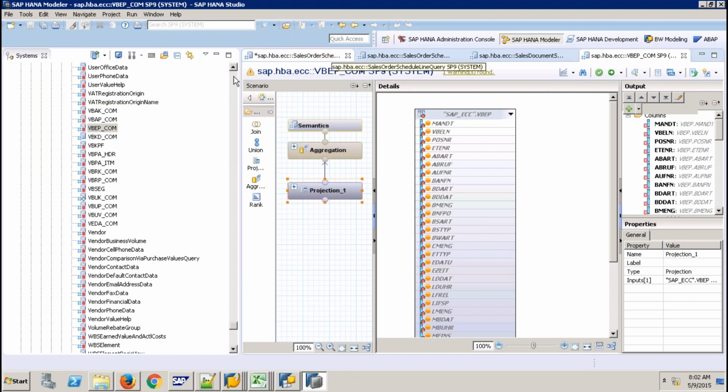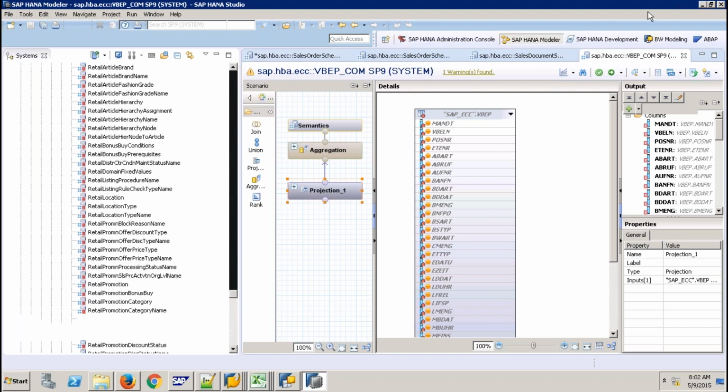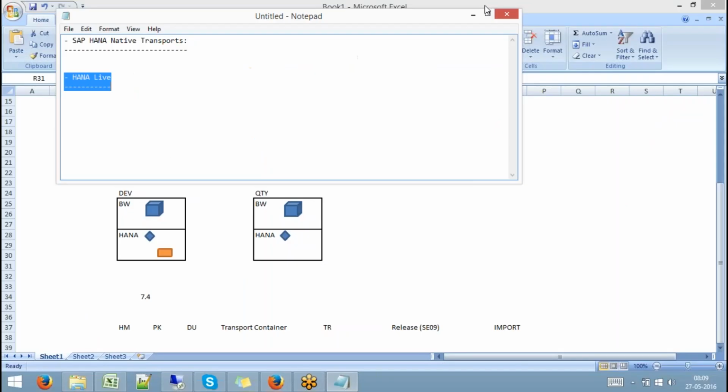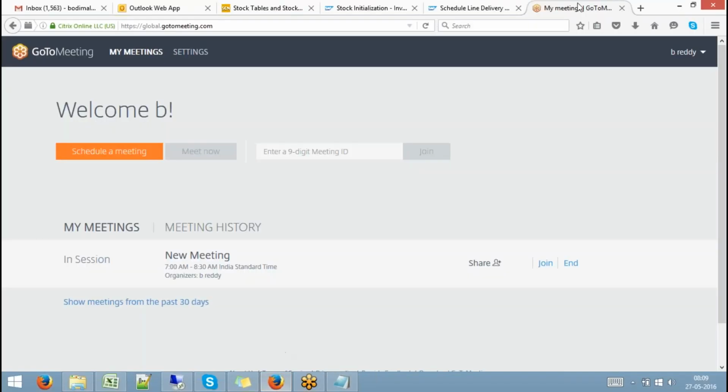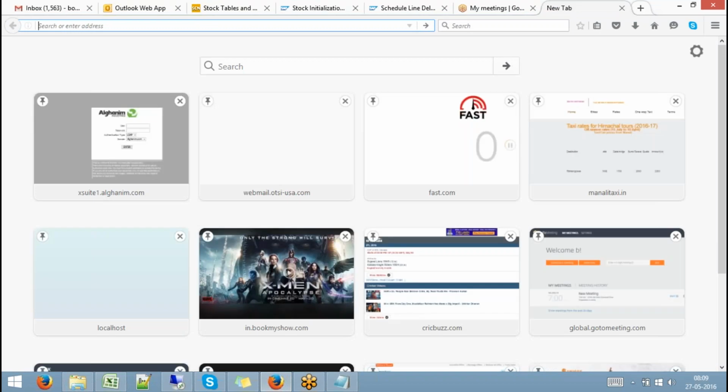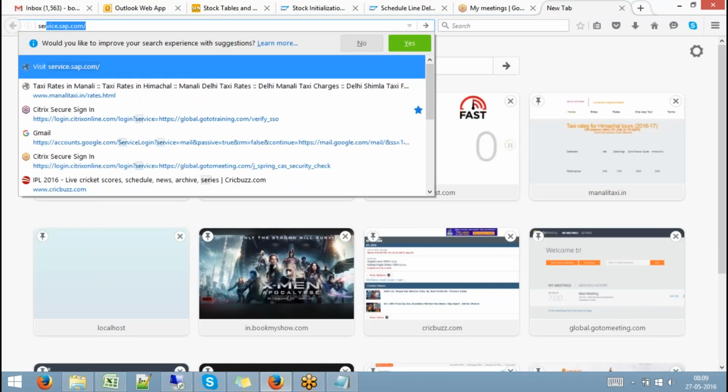And we have HANA Live directly for ECC, CRM. I can show you. From where you want to get it, if you go to the service marketplace,